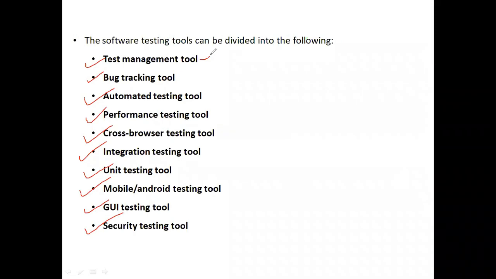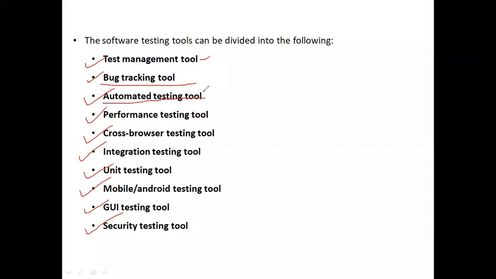The test management tools are used to keep track of all the testing activity and fast data analysis, and manage manual and automation test cases, various environments, and plan and maintain the manual testing. Coming to the next one, the bug tracking tool, or defect tracking tool. A bug is nothing but a defect. The defect tracking tool is used to keep track of all the bug fixes and ensure the delivery of a quality product.